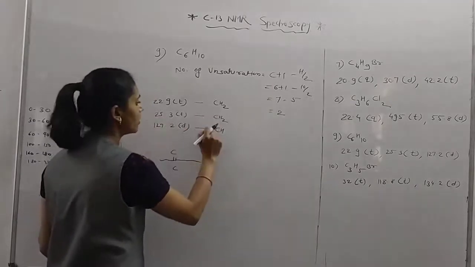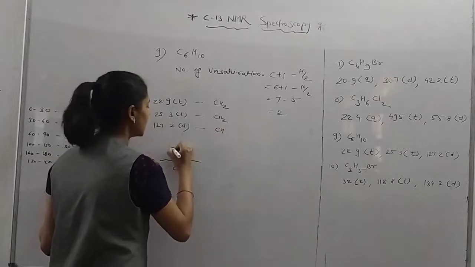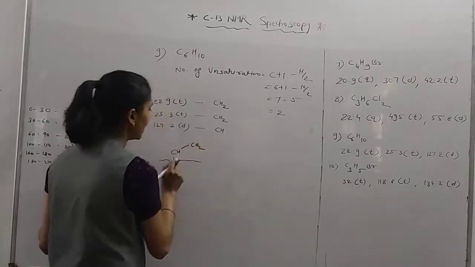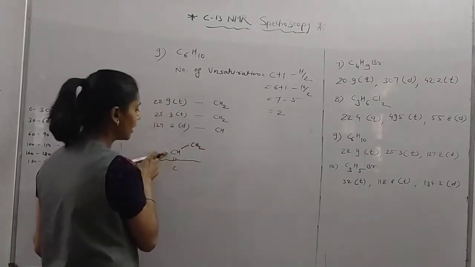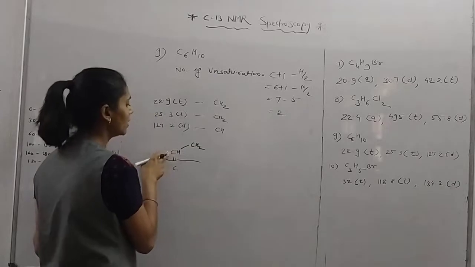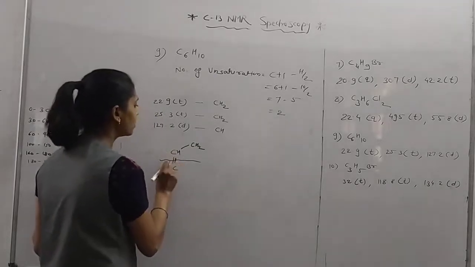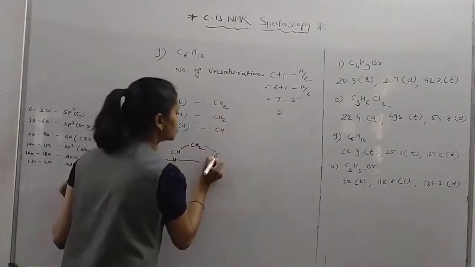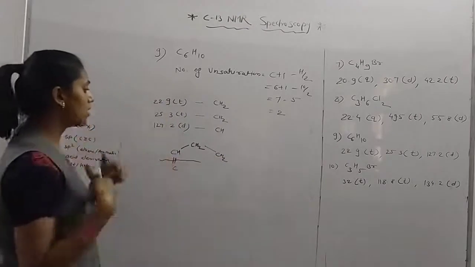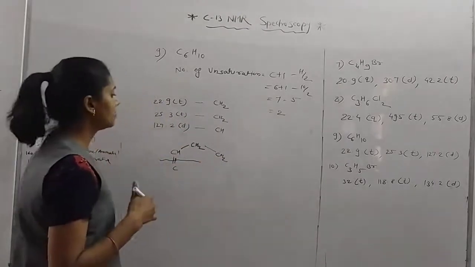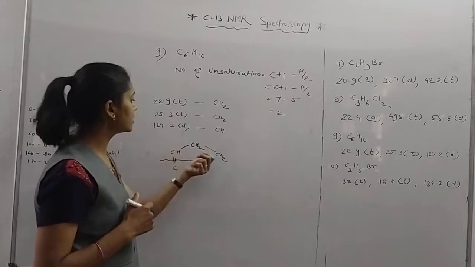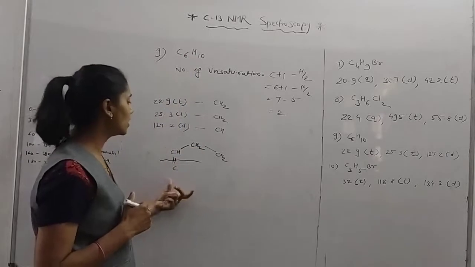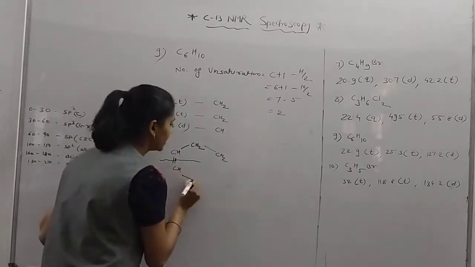Now we draw this is CH. I have considered this is CH. Again this is CH2. As you know that valence of carbon is 4, so it satisfied our condition. Why am I writing double bond? Due to this chemical shift value here. Okay, another group is again a CH2. I don't know another structure. Okay, but here there are 3 signals, and another group is maybe same as the other one. So I have written like this.